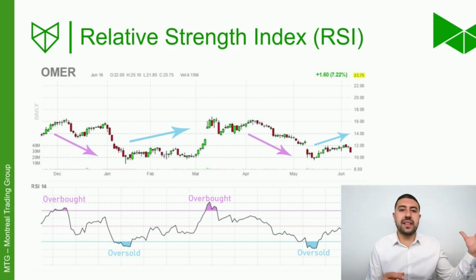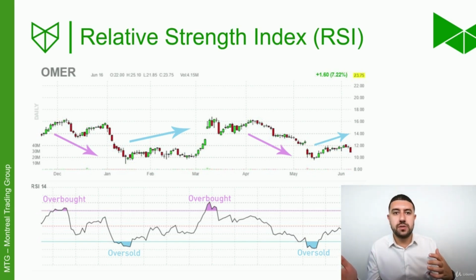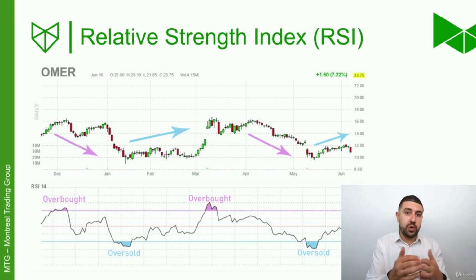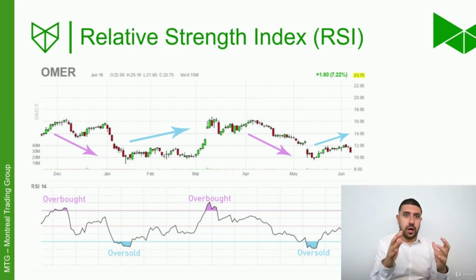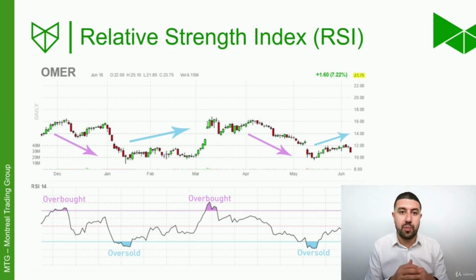If you're looking at stocks, some stocks go down to 0. And even when you're looking at currencies, they can fluctuate a lot. So things can remain oversold or overbought for a long, long time. So you don't want to just buy something that's oversold, and you don't want to short something that's overbought. What you want to do is wait for it to stop being oversold or overbought and then get into a